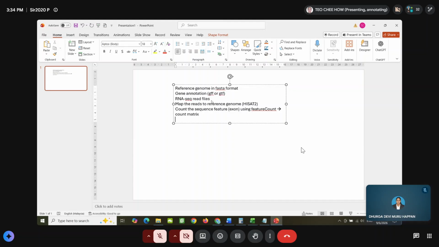Right. Then you want to perform differential expression analysis using the DESeq tool.